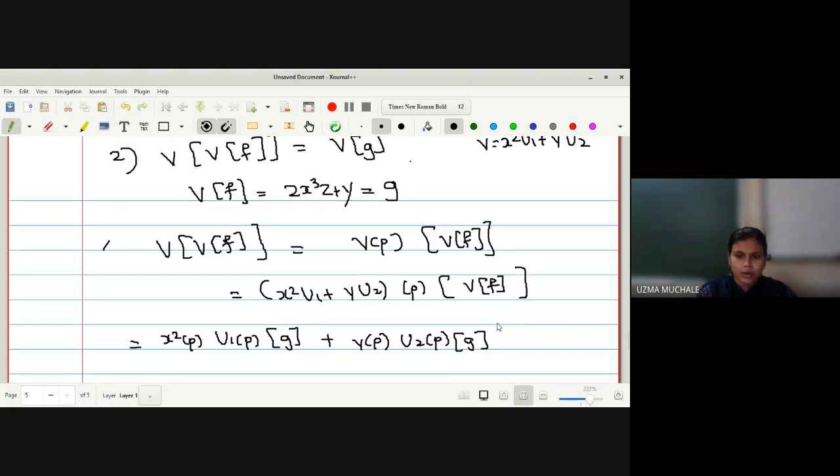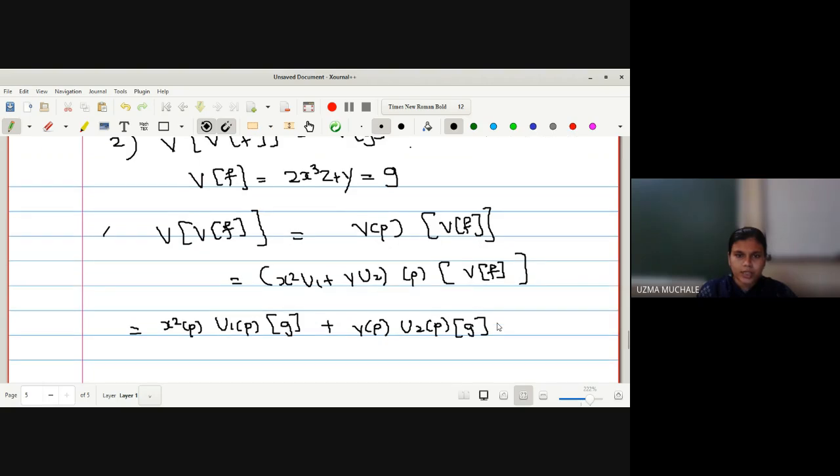Now everyone knows how to find the directional derivative of function g. So again here you have to use the definition in a reverse method, that is u1 at g, and here it is y at a point p as it is. Then again it is u2 g evaluated at a point p. Now here this is what your function g. Yes, everyone should remember this one. We have to evaluate the derivative.